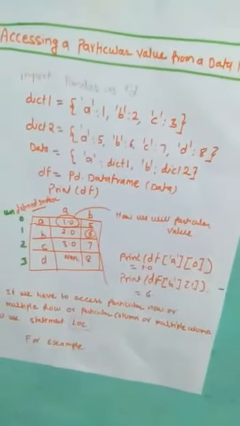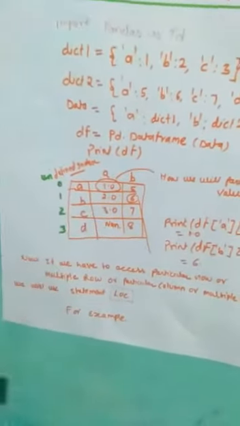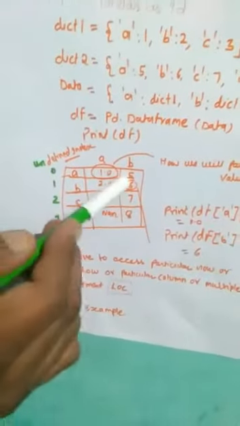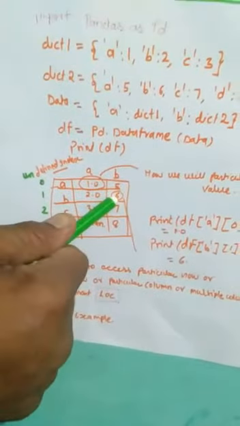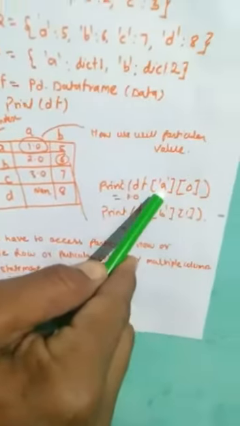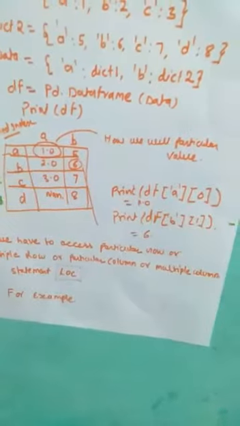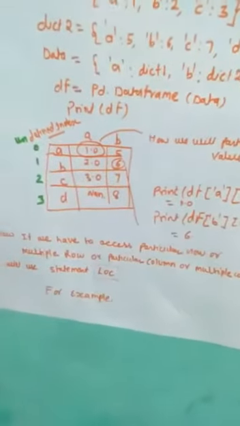But now what we have to do is access a particular value from a data frame. Particular value means, suppose this is the 8th column and this 1.0 value we have to access, or suppose the bth column 6th value. So this value means first index value we have to access, or 0th index value. What we have to do is print df 8th column 0 index. See, 8th column is this and 0 index is this, so the value will be 1.0.